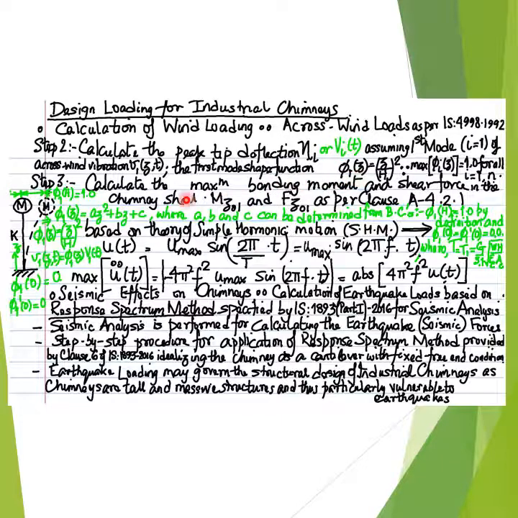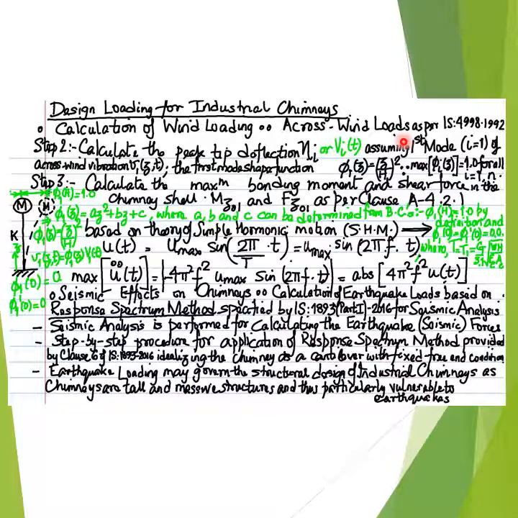And since the mathematical model for the industrial chimney is idealized as a concentrated mass denoted as capital M, that is assumed to be lumped or concentrated at the top of a weightless cantilever, where the concentrated mass capital M is the total mass of the chimney structure,